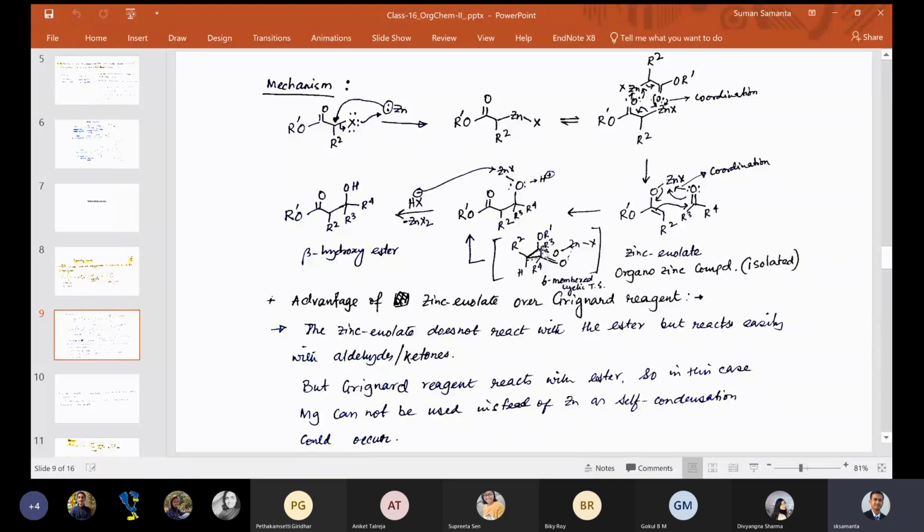So this transition state would lead to this intermediate, where this part remains the same and the R2 group you already had here. Just this bond has formed, this carbon to this carbonyl, and you have this R3, R4 and O. After protonation you have this OH. So this is your beta hydroxy ester, this is your final product in the Reformatsky reaction. The mechanism is clear to all, right? Any question you can ask.